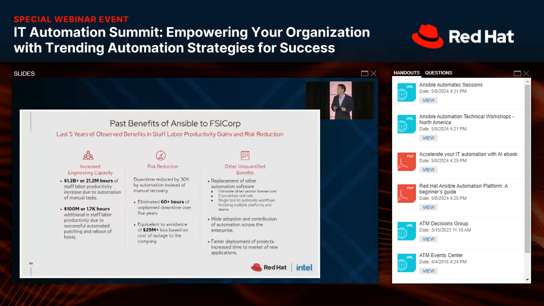So one of the Ansible business cases that I did very recently, this year, was for a very large bank, and we actually got a lot of data from this customer. We got 5 years of execution data, monthly execution data, and cost data that they gave us, and we used their data to come up with these numbers. So $1.2 billion or 21.2 million hours, based on the amount of executions that they ran, that saved the amount of time that it used to take before the automation, right? And these are all their numbers that they validated and gave to us themselves.